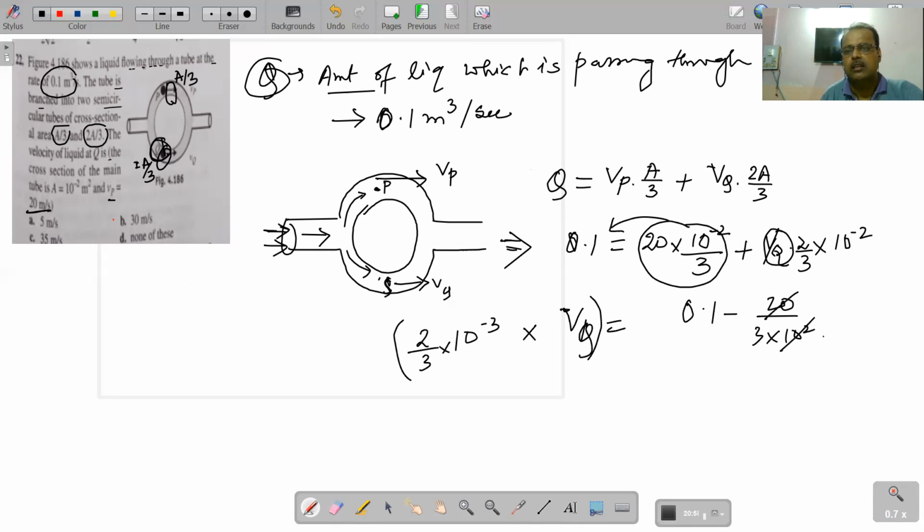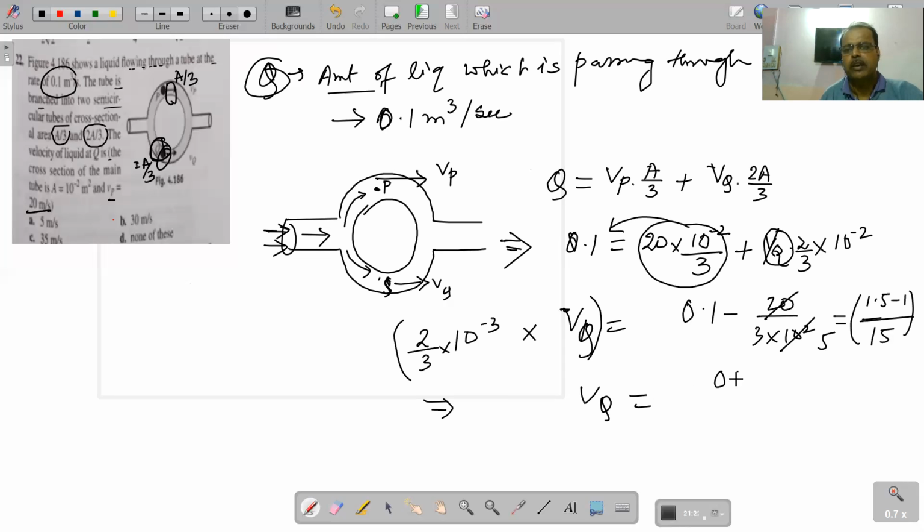So strike it out, it becomes 5. So ultimately it comes down to how much? It will be 1 by 15. So if you multiply it, how much does it come down to? The lower portion will become 15, and the upper portion, if you multiply this, comes down to 1.5 minus 1. And if you solve this, then you will get VQ is equal to,